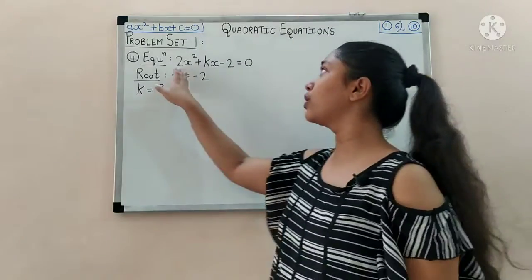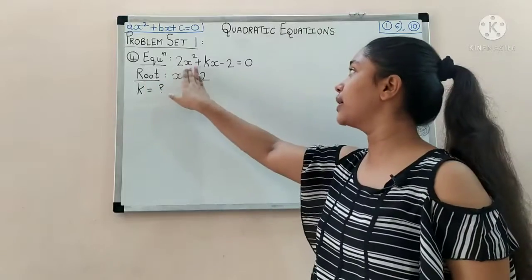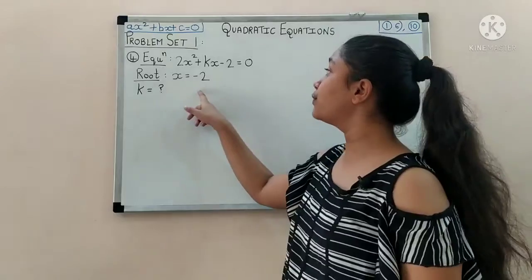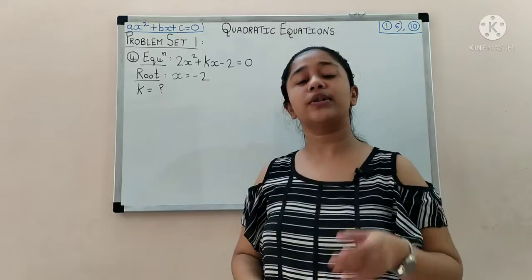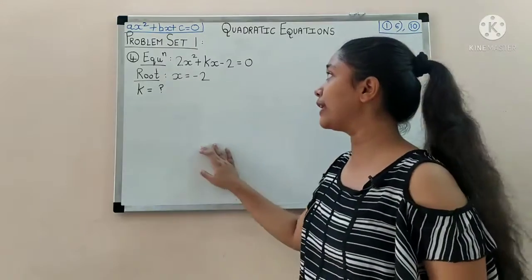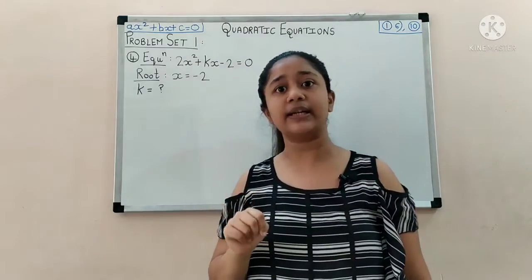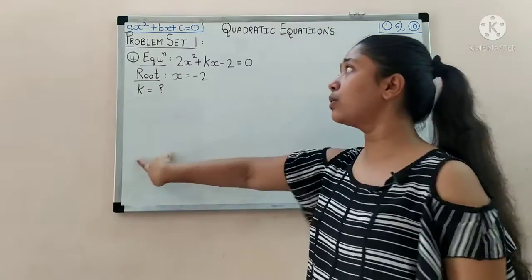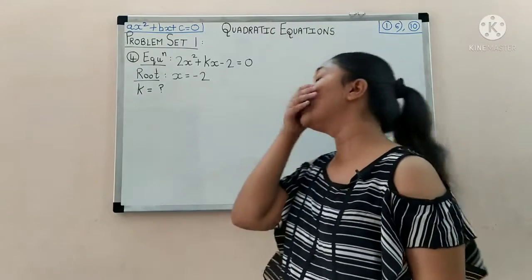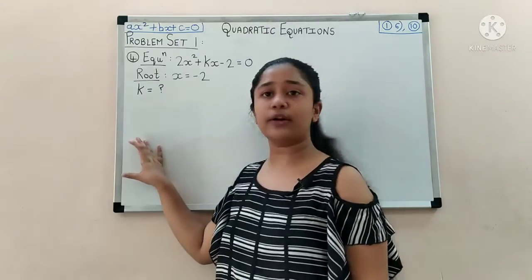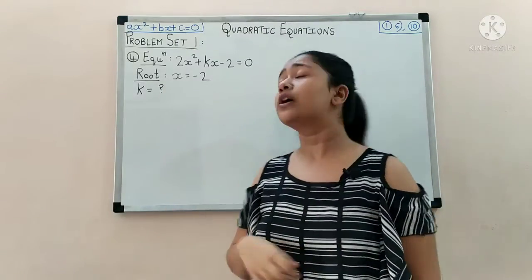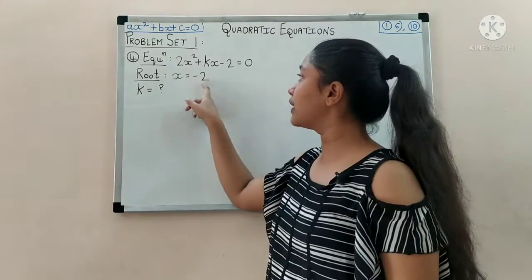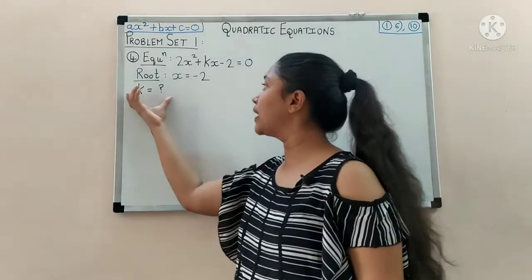It says that they have given you an equation, that is 2x square plus kx minus 2 is equal to 0, and the question says that one of the roots is minus 2. Now you all know this basic thing that whenever we solve a quadratic equation, we get two answers for that variable, correct? Now suppose this is a question, so when we further solve it, we get two answers for that, correct? So then we take one of the answers, that is when we solve word problems. So here what you will have to do is, they have given you one value, that one of the values of x is minus 2, then you have to find the value for k.